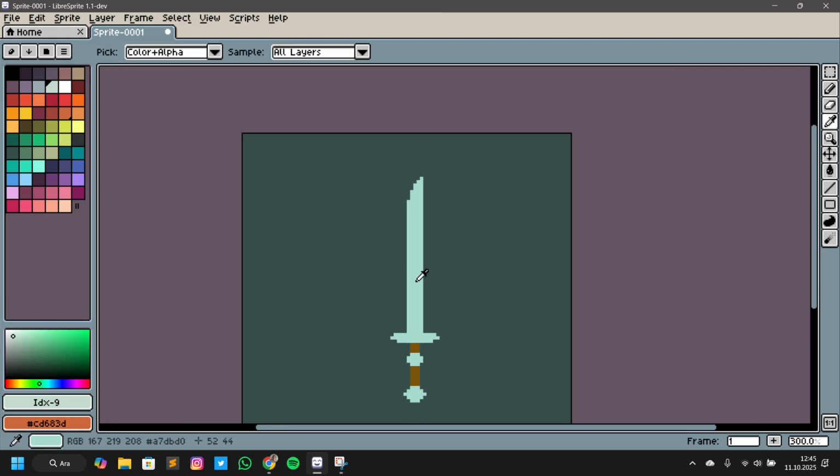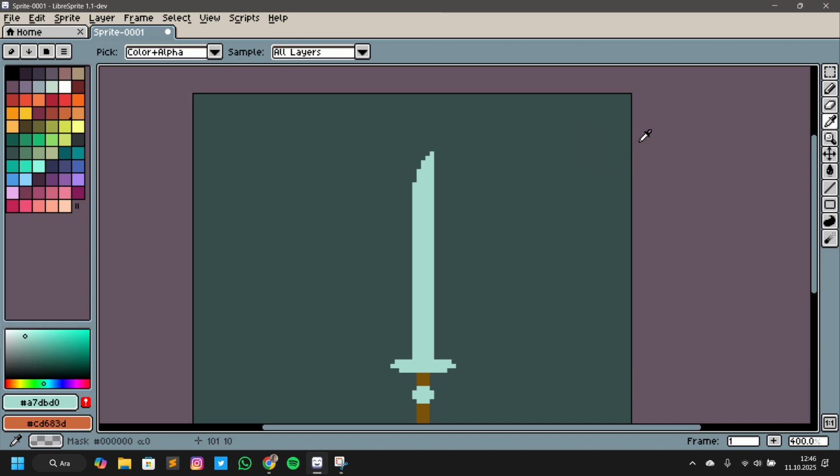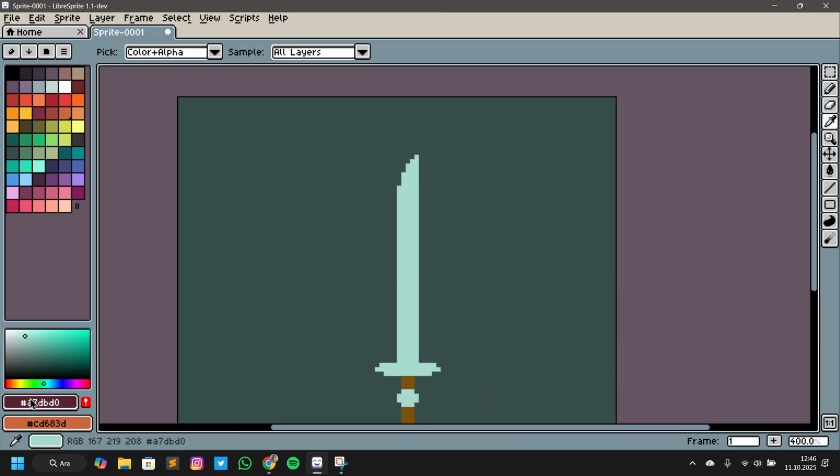Firstly we should select our colors for the shading parts. So again we think that the light is coming from here, so we will do the shading part to this side of the design. So let's continue. I think let's say the shading part should be like this. So let's select our shading color